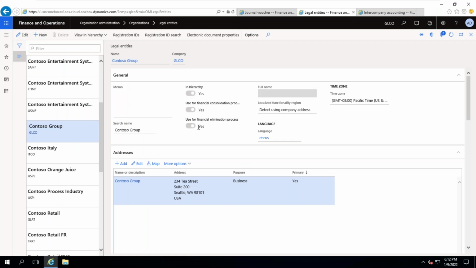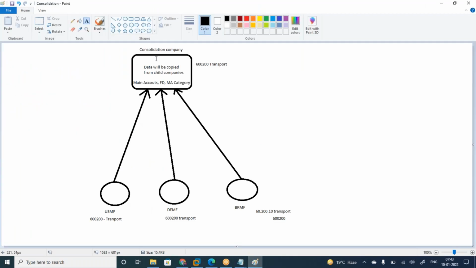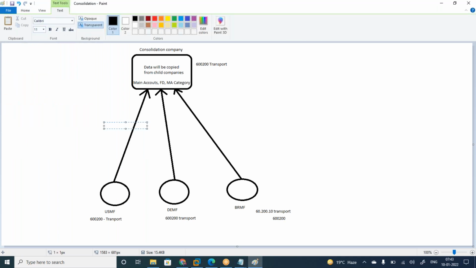The system will restrict it. You cannot post a transaction because you have enabled this checkbox. Understood? So simply you can copy the data from the child companies to this one. That's what I told you. Copy data.